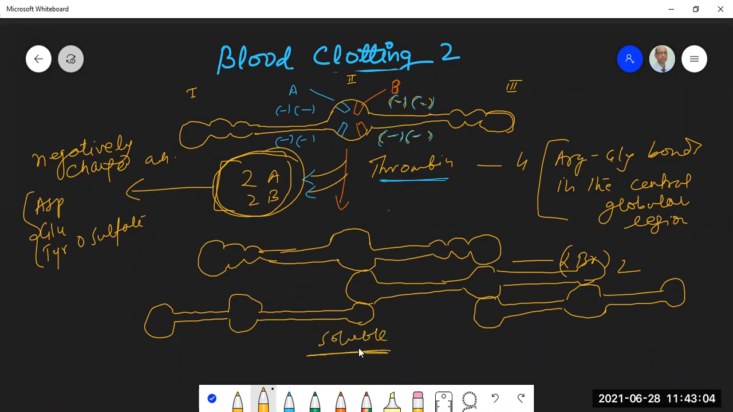It is soluble because of the flow of the liquid, that is blood. These individual monomers can be separated from one another. Okay, so mechanical strength has to be provided, and this is provided by factor 13A. Factor 13A does what? It creates amide bonds between